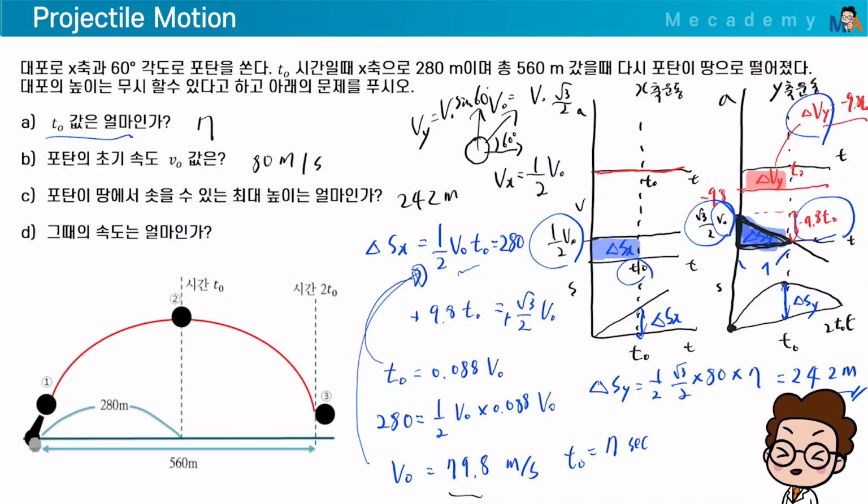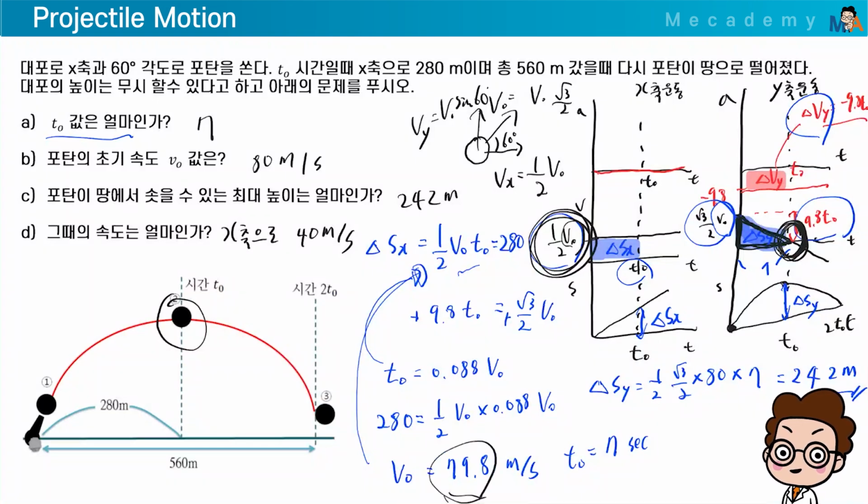What is the velocity at that time? That's what they're asking. You need to understand this part well. They want you to find the velocity. Since it's velocity, how is it on the y-axis? The velocity is 0. So for the x-axis, this is the only value we have, right? Therefore, the velocity is 40 meters per second in the x direction. You can write it like this, because it's roughly 79.8 meters per second. So that's the way we'll solve problems like this.